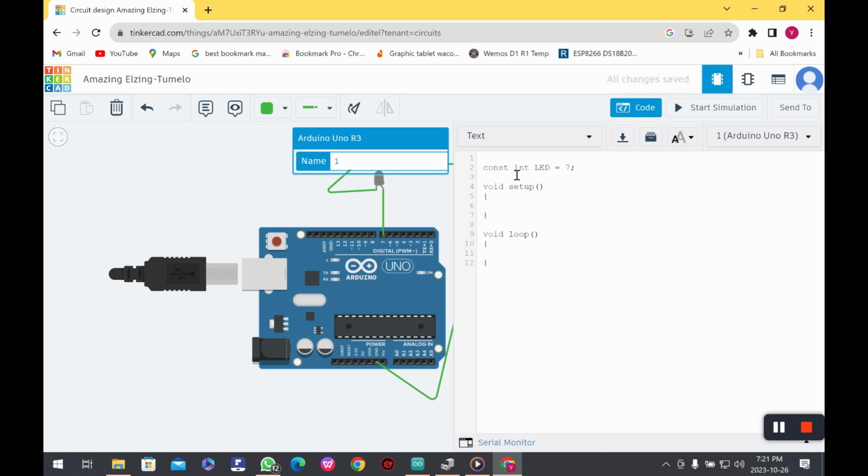Okay, we can also define this LED pin like this, and we can use both methods. Let's first use this method to define a pin variable for the LED. Now in the setup function, first we will begin